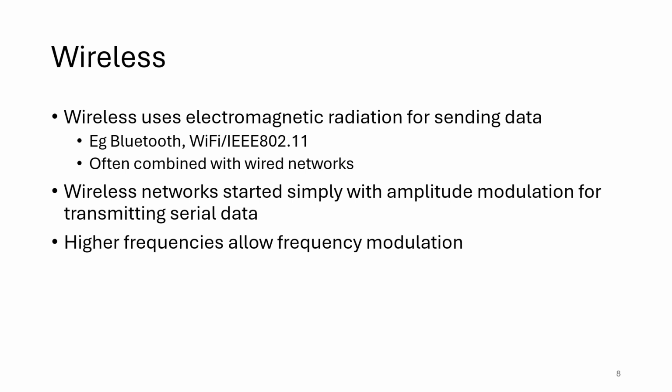Typically these are wireless, using radio waves. Electromagnetic radiation used to include infrared, but that's very rarely used these days. It's normally radio frequency data that's being sent. Wireless networks today are very complex. They started simply with amplitude modulation for transmitting serial data, but today we often use multiple high frequencies with frequency modulation, and there are lots of techniques for sending data using multiple in, multiple out, and also to allow multiple devices to share different or slightly different radio waves, but in the same sort of band,